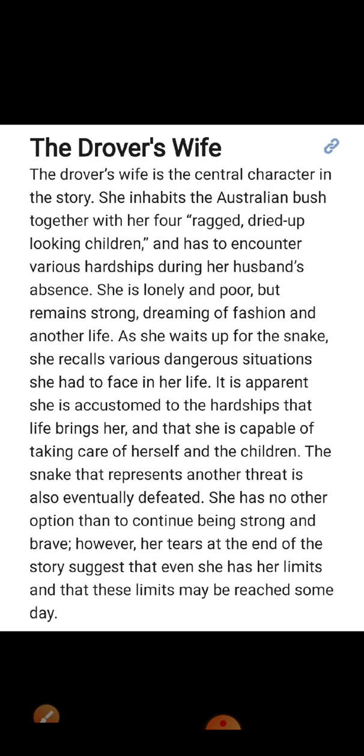She inhabits the Australian bush together with her four ragged, dried up looking children and has to encounter various hardships during her husband's absence. She is lonely and poor but remains strong, dreaming of fashion and another life. As she waits up for the snake, she recalls various dangerous situations she had to face in her life. It is apparent she is accustomed to the hardships that life brings her,